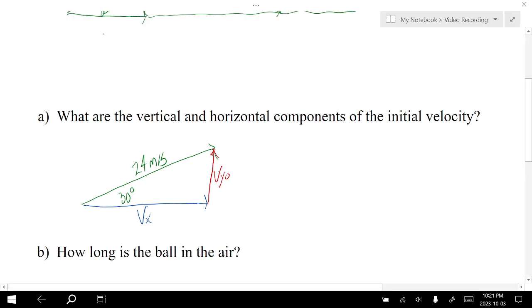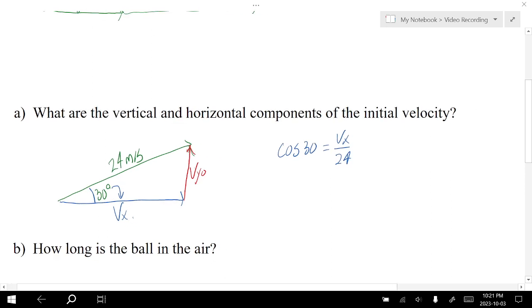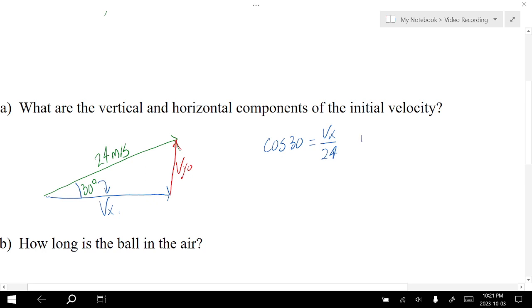So the x component is adjacent to 30 degrees because it's touching the 30 in this little corner here. The hypotenuse and the x side are touching the 30 degrees, making it adjacent. So cosine of 30, according to SOH CAH TOA, cosine is adjacent over hypotenuse. So we have Vx over 24. Now I can multiply both sides by 24, and I get Vx equals 24 cos 30, which is equal to